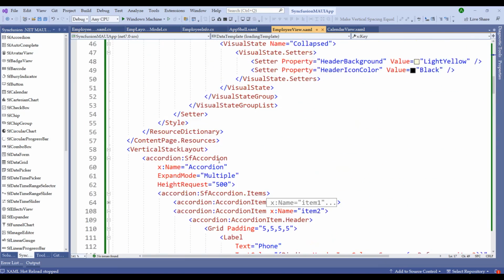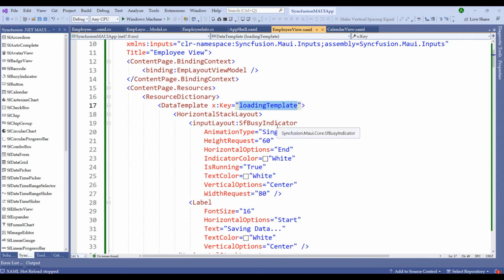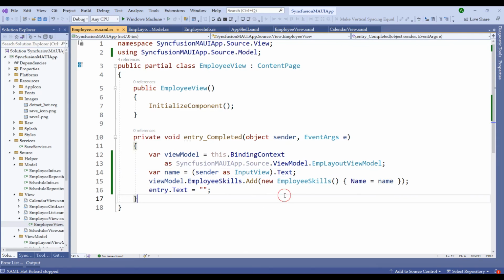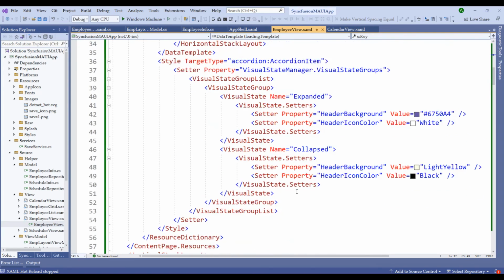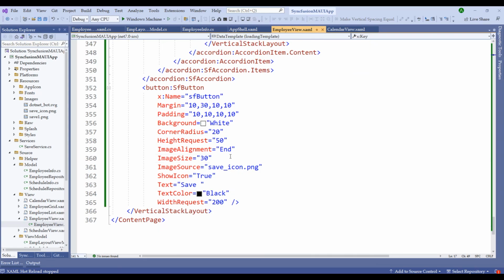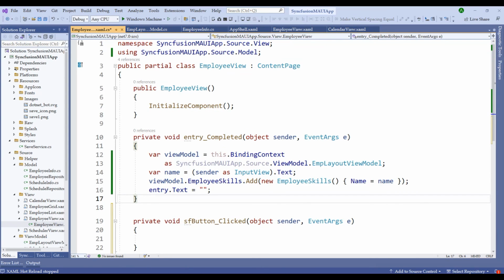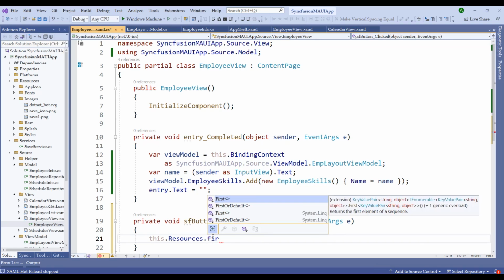On click of the save button, we need to attach the loading template dynamically in the code behind file. Let me switch to the solution, switch back to the coding view, and let's create an event for the save button. So let's say Clicked, new event handler. Let me switch back to the code behind, and in the code behind, we're going to say this.Resources.FirstOrDefault.